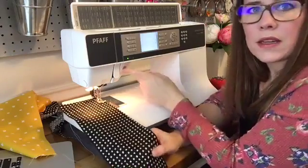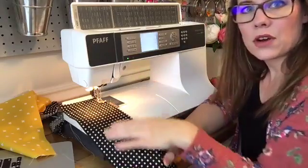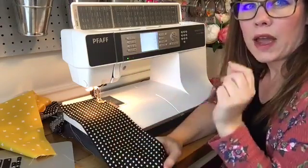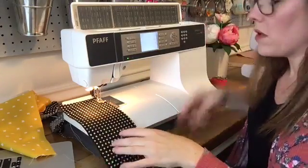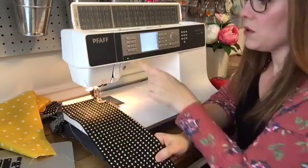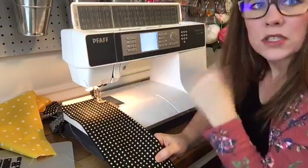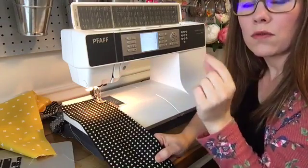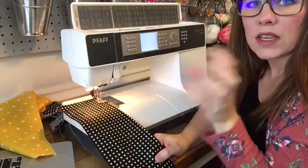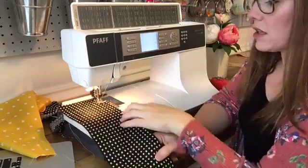There's a reverse button. Most machines have a reverse button. Some will have a lever. Old machines, you might have to do it manually with the hand thing. You go in reverse to basically secure a stitch. So when you start, you want to go forward, backward, forward, so it catches it so that your stitch doesn't pull out easily. So just go